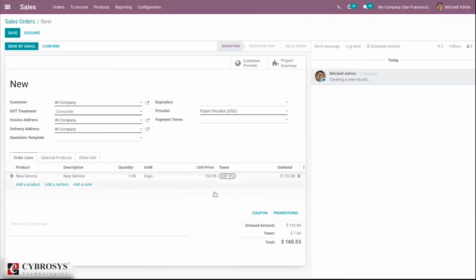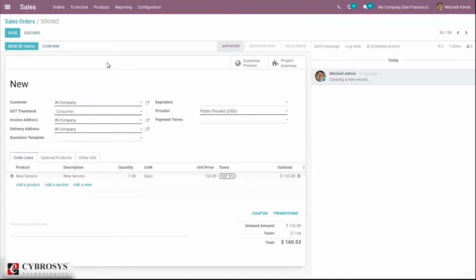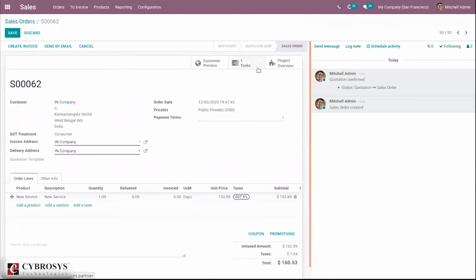Okay. So according to that, you can see the unit price here. Then here I have set days. So the customer orders this service, that is the task, to be done within 1 day. That is, quantity is 1 and unit of measure is 1 day, and you can see the total price. So confirm this sale order, and after confirming the sale order, you will see a task created. When you confirm, you can see one task is created, and when you open this, you can see some details.